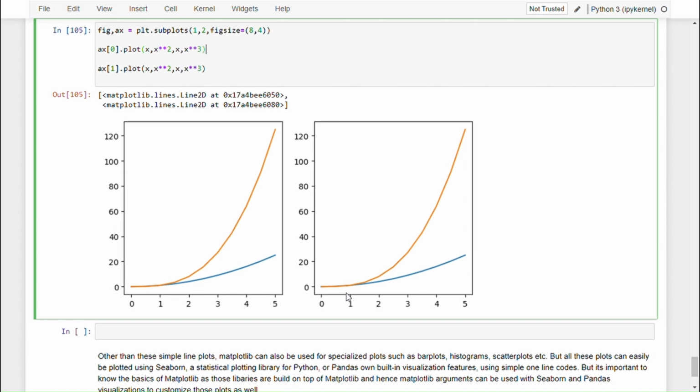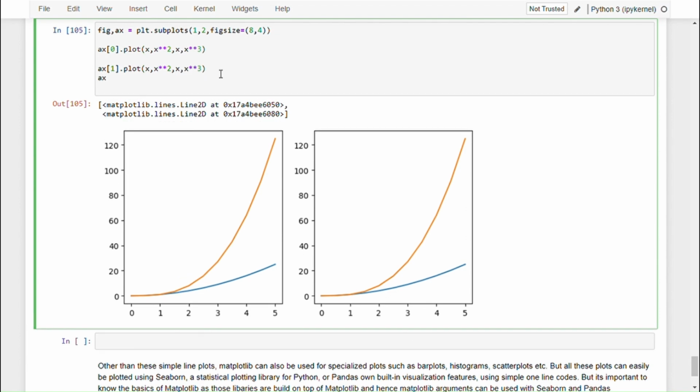So to adjust this range of x and y, or if you want to look at this graph in much more detail, in this range, on the x-axis you want between 1 and 3, and on the y-axis you want between 0 and 20. So what you can do here is, you can adjust set_xlim